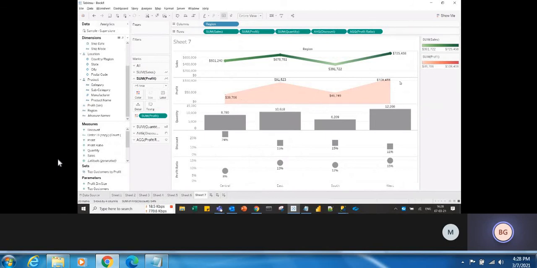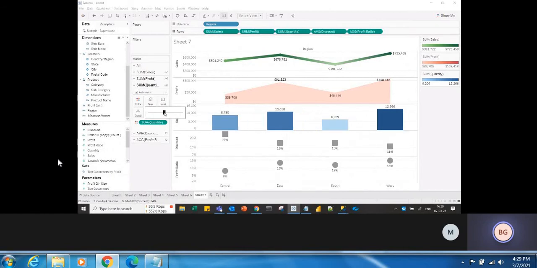And for quantity, you cannot change the size in the area charts. So whatever the default size, it will be the same. Go to the quantity. For quantity, if you want to show the colors, just drag the quantity into color. Okay, see, it is showing the higher values in thick color and the least values in light color. If you want to change the size, you can do that, like the bar size will get changed.